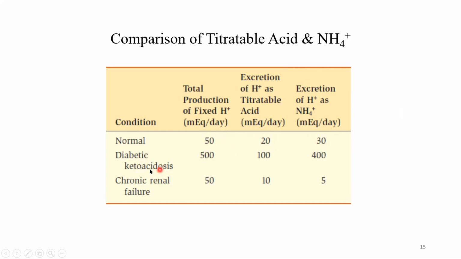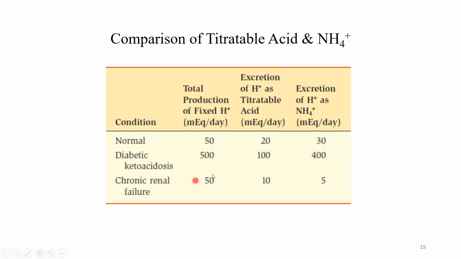Okay. Now, there is one scenario where you have increased the production of fixed hydrogen, and there is another where you have decreased the production of, or the availability of, fixed hydrogen inside the kidney. The increased one is diabetic ketoacidosis. I've explained it. You have increased keto acids in uncontrolled diabetics, and say the value is 500. The ratio is almost the same. 100 will be titrated against phosphates, and the major bulk of this load will be carried by the ammonium buffer system. In chronic renal failure,